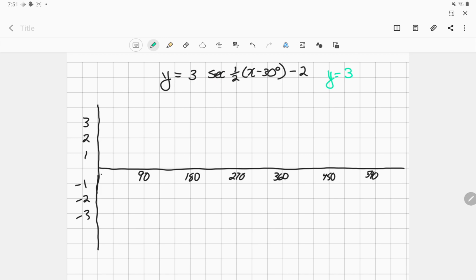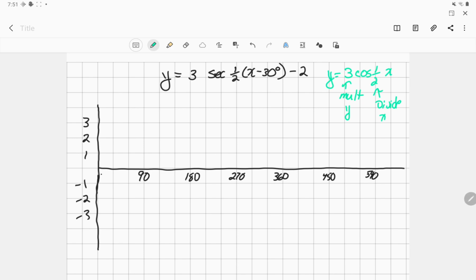I'm going to do 3, and secant is the reciprocal of cos. And I might even do the 1/2 part with it, because the 3 means I'm going to multiply my y values, and the 1/2 means I'm going to divide my x values. I can do that all at once. If you need to do it in more than one step, do it in more than one step. So